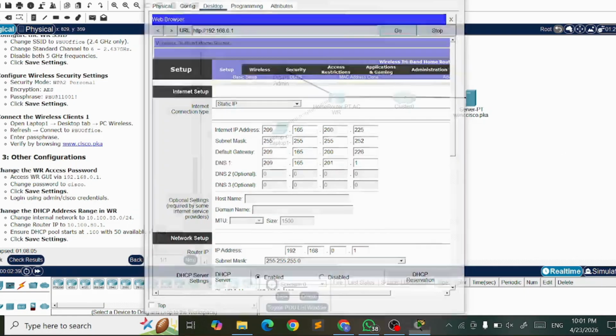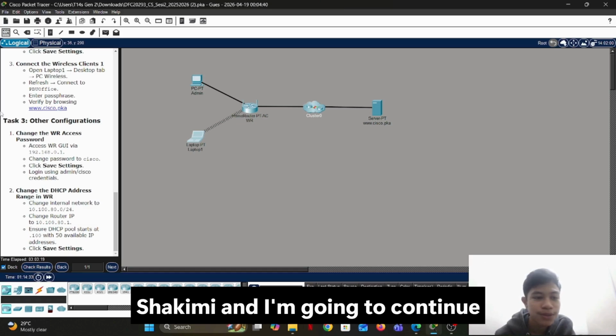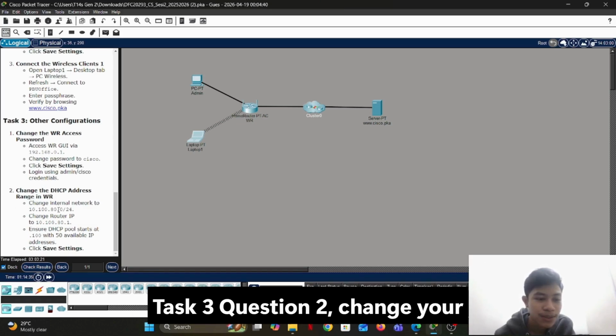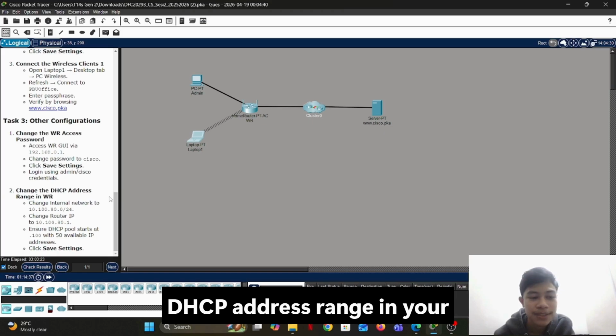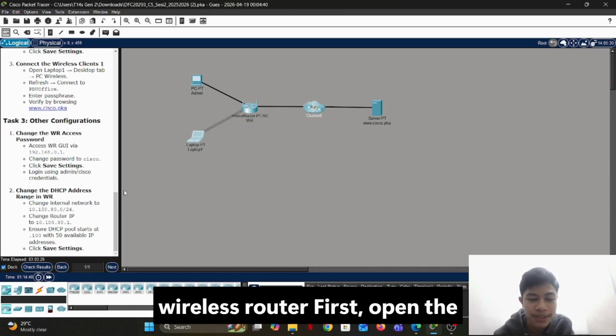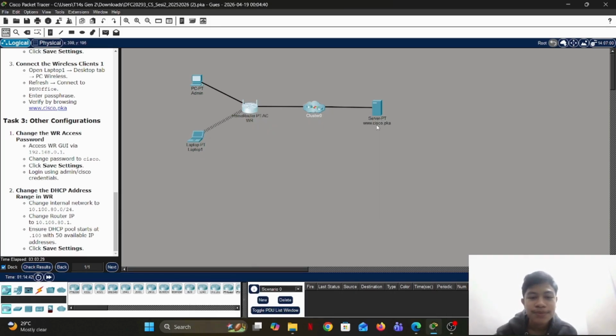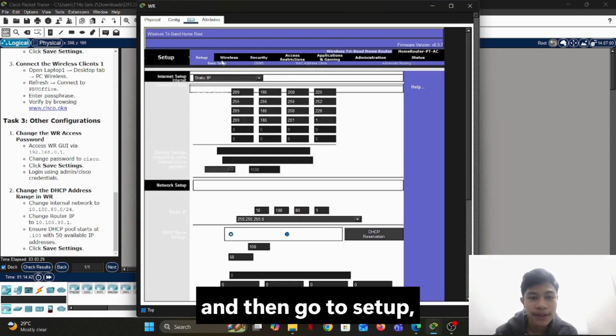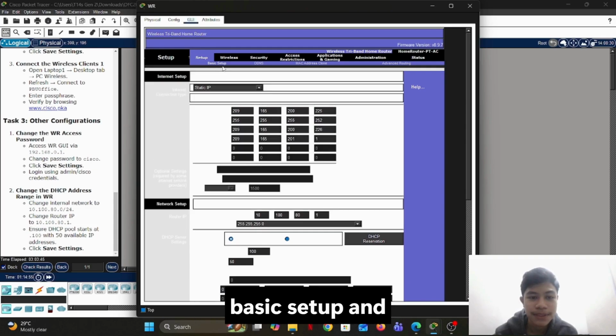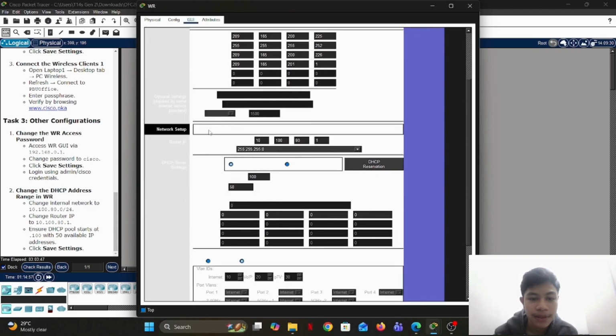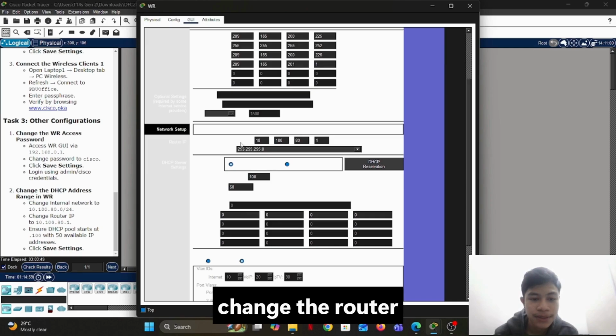Hi, my name is Muhammad Arif bin Syatimi, and I'm going to continue task 3, question 2, change the DHCP address range in the wireless router. First, open the wireless router. And then go to setup, basic setup, and change the router IP to